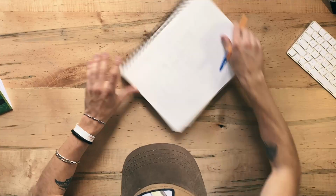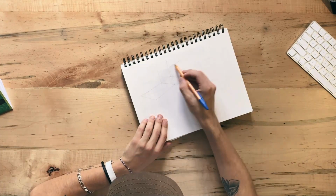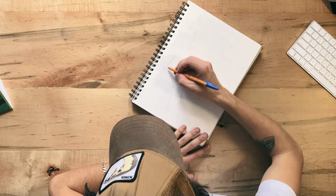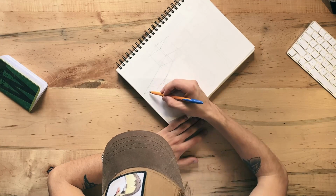That's the important part, and I'll show you what I do here. This may help you just add a bit more dynamic form and dynamic interest to your sketch. I start off at the back with a very simple rectangular form. Now what I do here is I'm going to bring this out just a touch more, again making sure I'm following my vanishing points. Just add a bit of extra room. And what I'm going to do is taper that in on that side there,